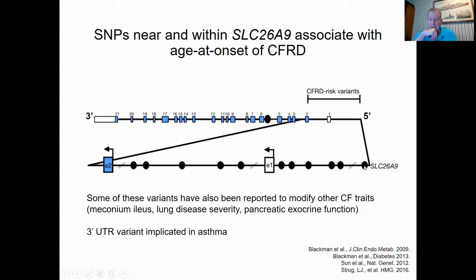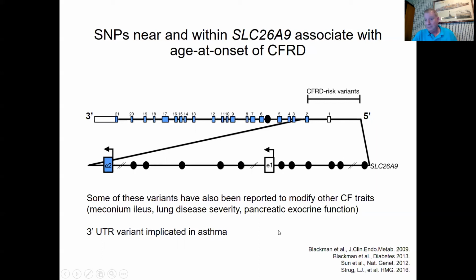And the black dots here show you the genetic variants are associated with risk for diabetes, and there's a number of them you see here, including one in intron 5. Most of the rest are intron 1, the 5' end of the gene. Now, some of these variants have been associated with other traits in CF, and actually preceding the work of diabetes was work from the group at Toronto in collaboration with the International CF Modifier Consortium, which showed variants in this gene associated with risk of meconium ileus, also evidence of association with lung disease severity,